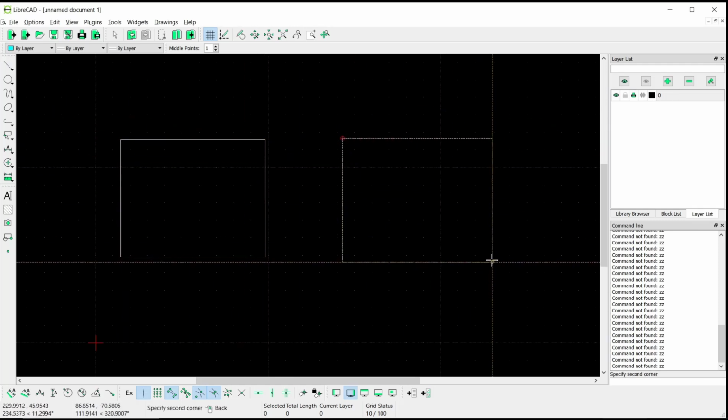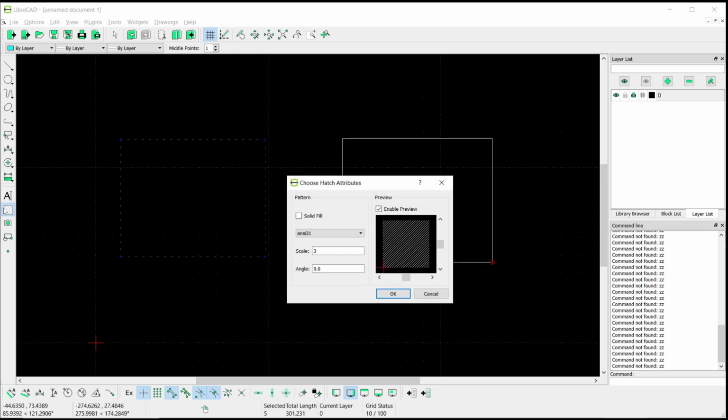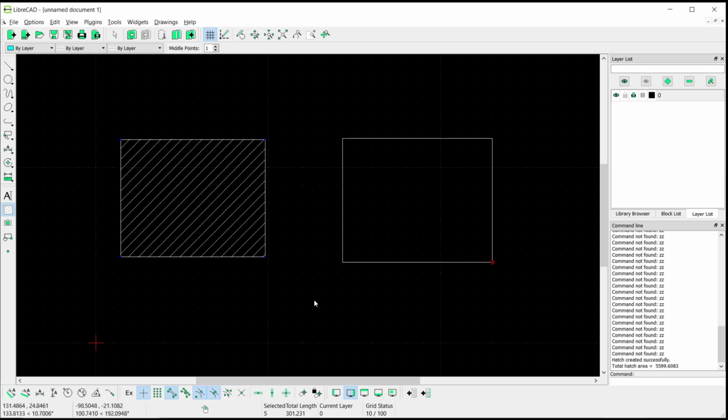And if you want to fill this rectangle, first I will fill with patterns, and second we fill with color. So you can select the rectangle object, go to Hatch tool, and then you can click in here to set the pattern. For example, I will use the default, like ANSI 31. Click OK, and it will automatically fill this rectangle.